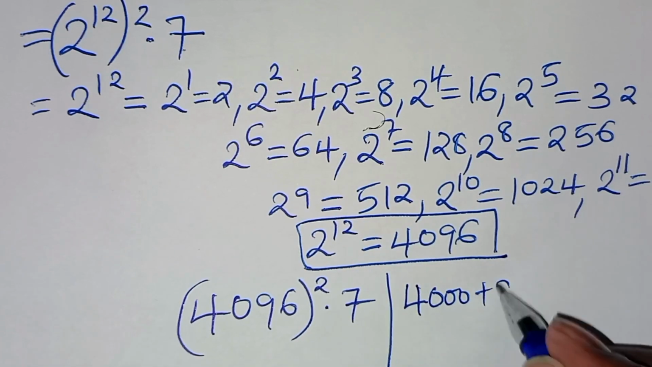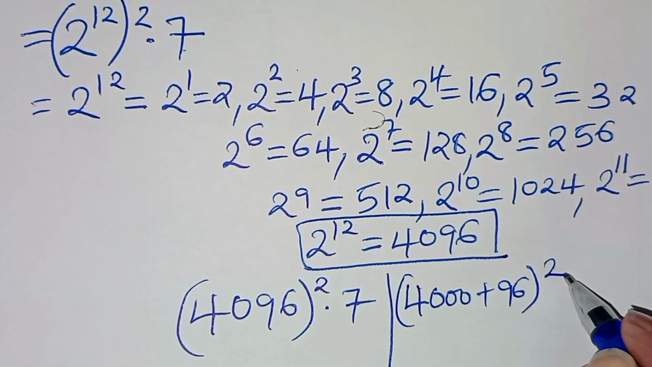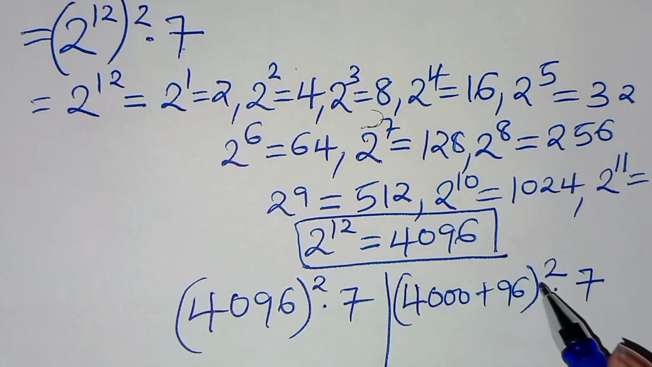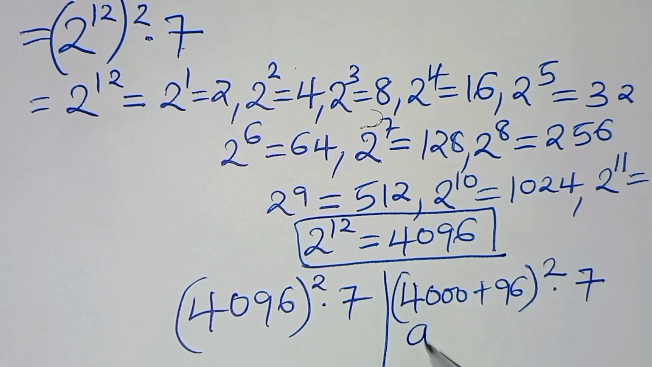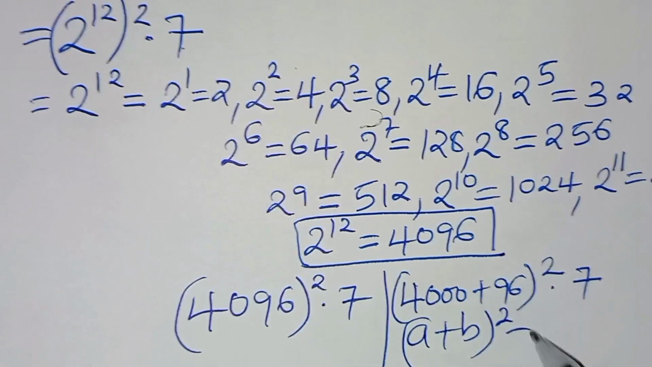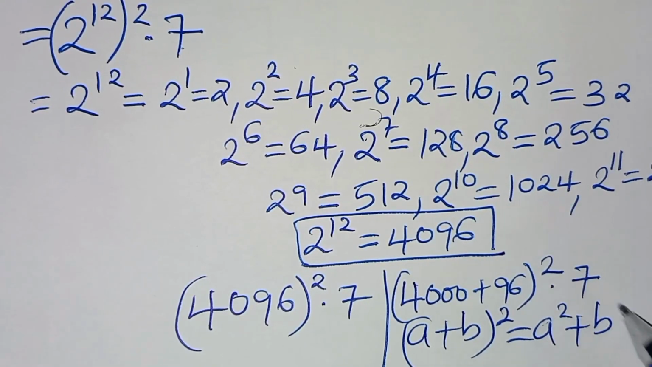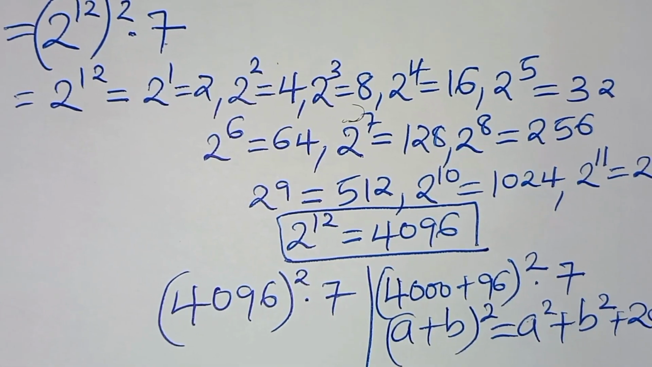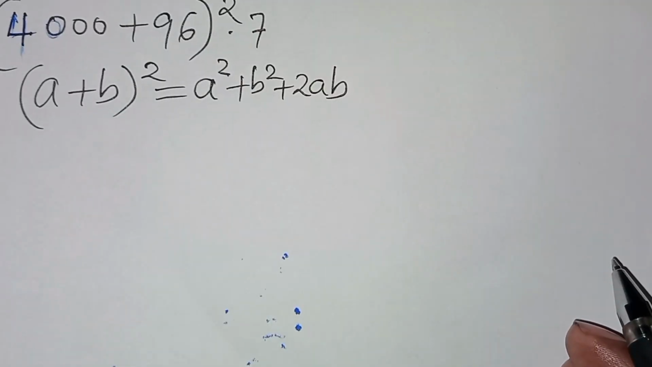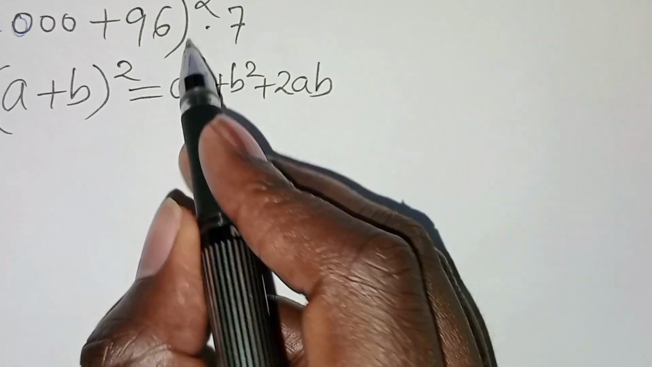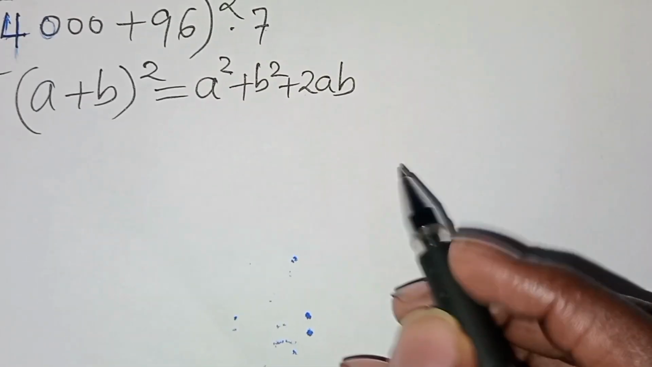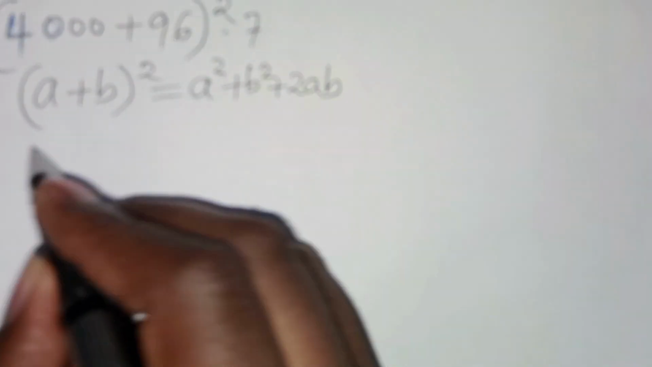So the next step here, this is the same thing as 4000 plus 96 squared, all this multiplied by 7. Now you find that 4000 plus 96 squared is in the form of a plus b squared, which you can express as a squared plus b squared plus 2ab. So let's apply this algebraic identity. So now we have 4000 plus 96 squared multiplied by 7. Applying this algebraic identity, we'll have